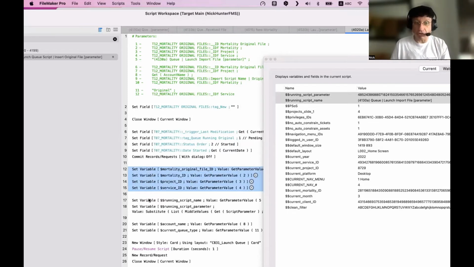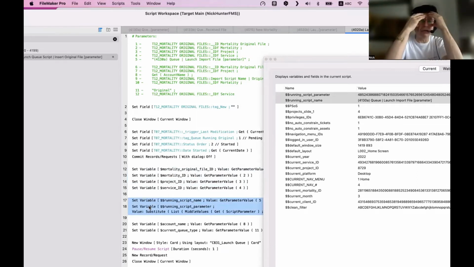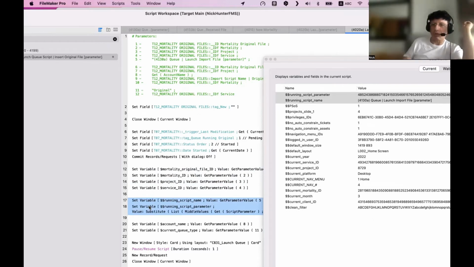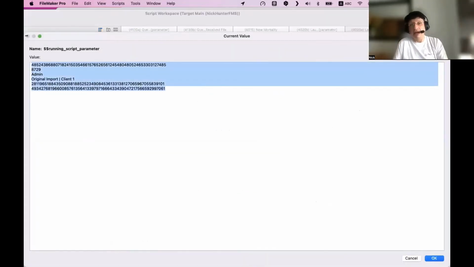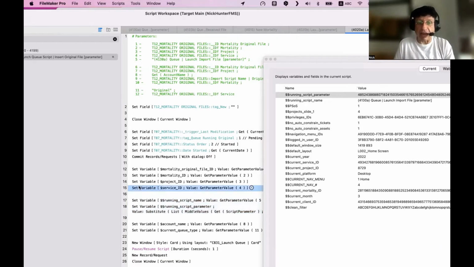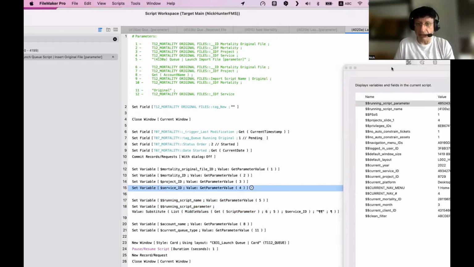Those I don't care about getting them. But these two, it was a problem at the time I was building this. I never knew, oh, what was the script I sent? Oh, what's the parameter? Each time I was testing, controlling the parameter, and I said, okay, enough is enough. I keep a trace of it. Give me the last time you clicked the button, that was the running script. And then you can say, oh, okay, it didn't work. Why? Oh, it's missing a parameter. Oh, okay, I know. This is how I figured out that I was missing the service ID that I need. That's why I added it.